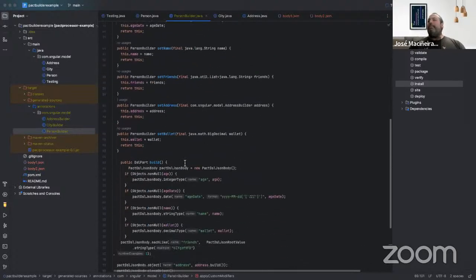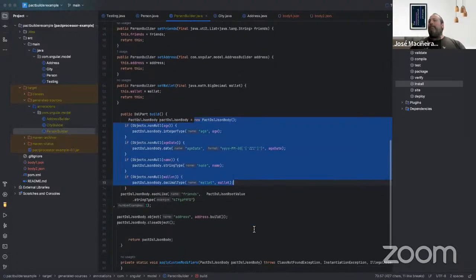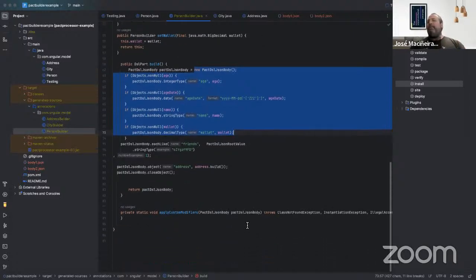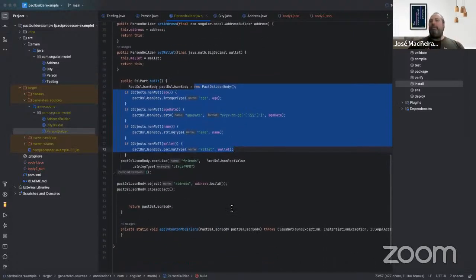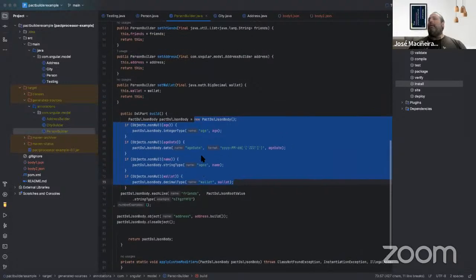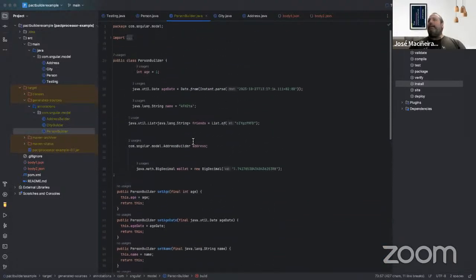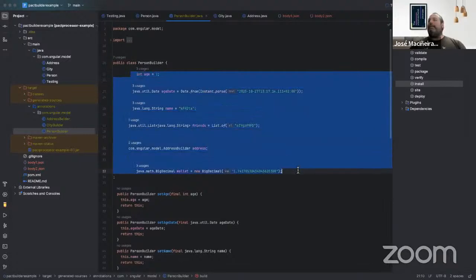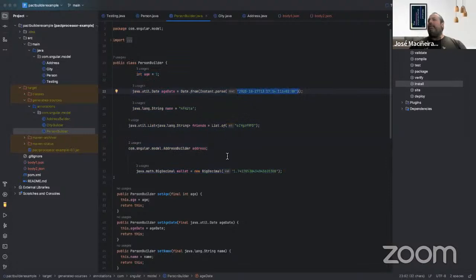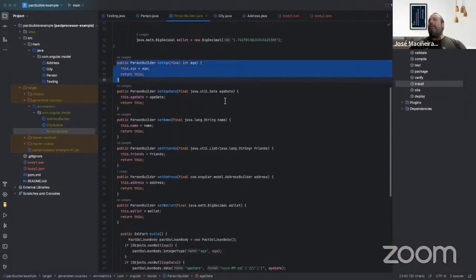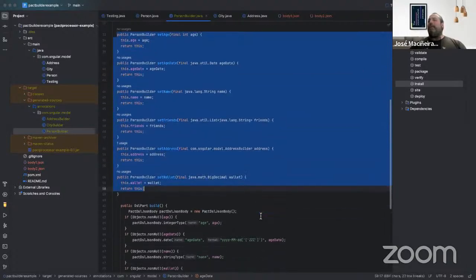Using the PactDSL JSON body to generate all the data that you need to create a proper body in order to introduce into your DSL request. We are only focusing on creating the body. The request will be created in future releases or integration with all our tools. So the main idea behind that was, okay, we will define a starting set of values with some randomly generated code, but we also need to allow people to introduce their own values in order to create